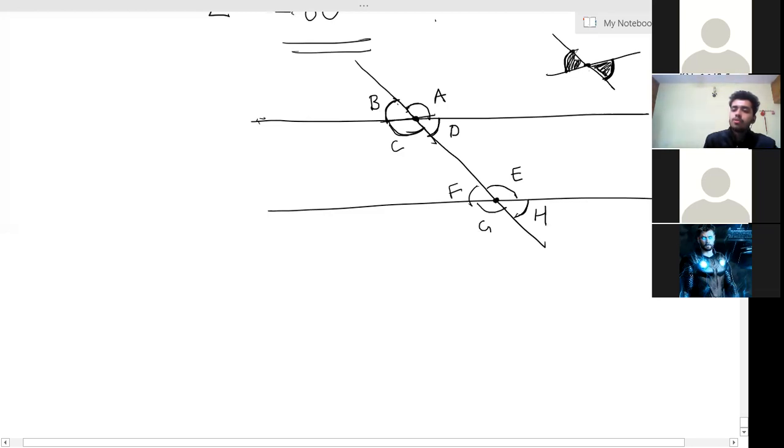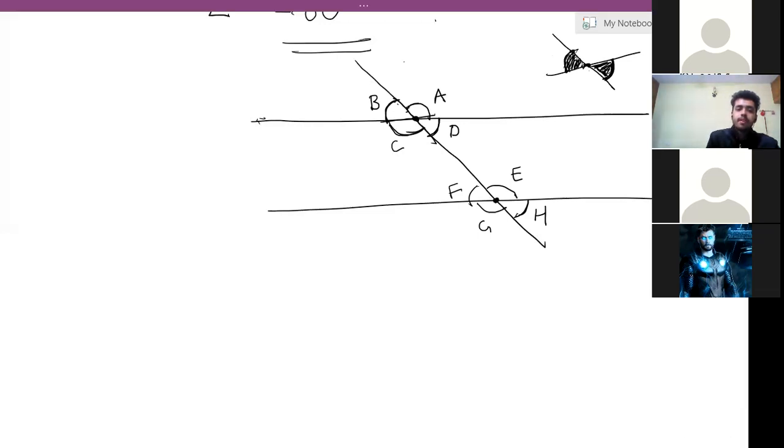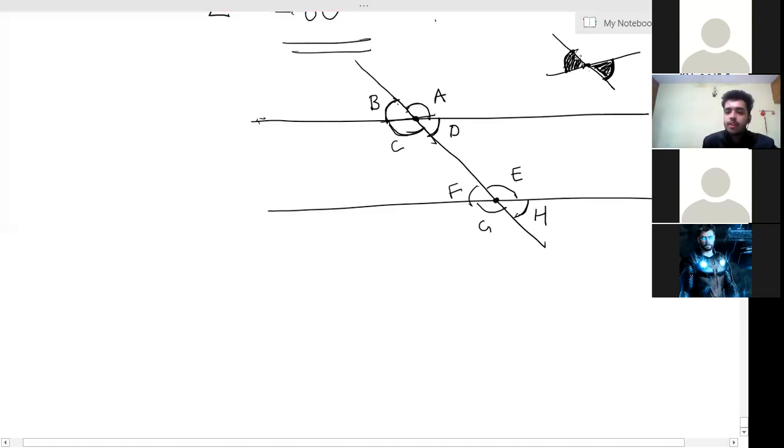Okay, these are called vertically opposite angles. So this is one pair, whatever is shaded in black. That is one pair of vertically opposite angles. Next, there is also another pair of vertically opposite angles. See this, which I'm shading in green. This is the opposite angle to this angle, right? These both, whatever are shaded in green, are also opposite to each other. So these are also called vertically opposite angles.